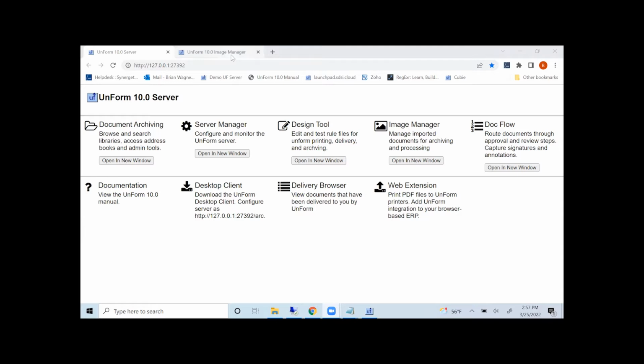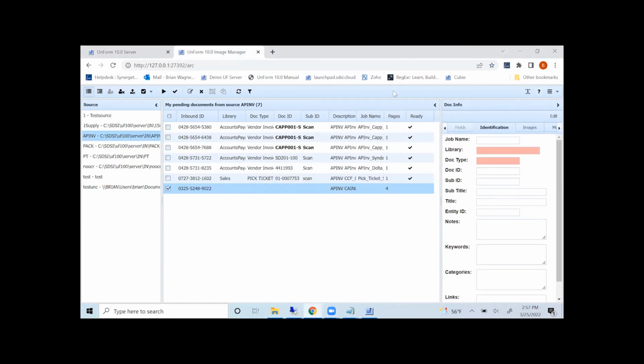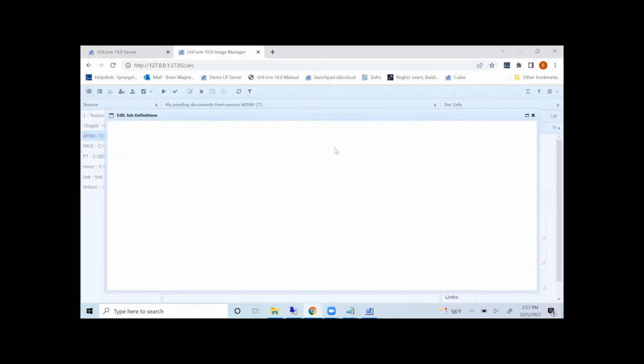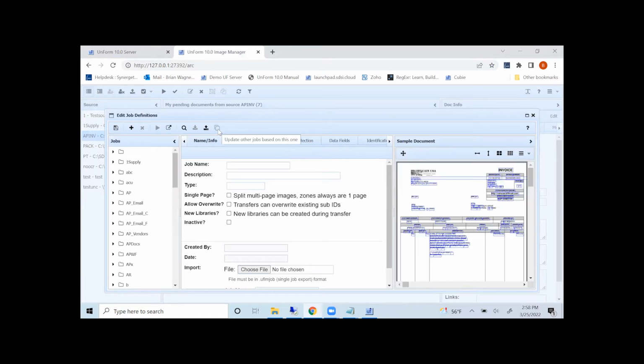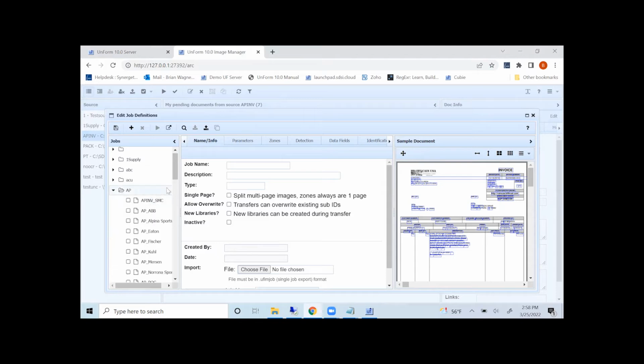We'll go to edit job definitions in Image Manager. And that item is this icon right here, update other jobs based on this one. Right now, this is grayed out because we don't have a job selected. But let's say I were to go into one of these jobs